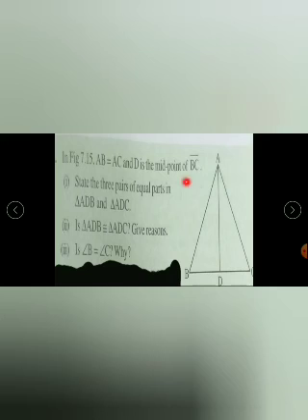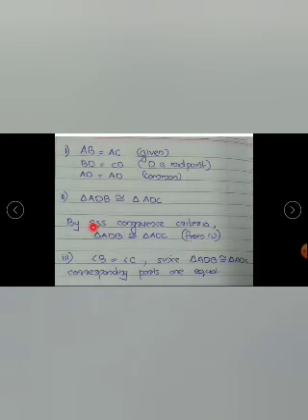Now for the first question, we identified the three equal parts, isn't it? Which are the three equal parts? They are the three sides of the triangle. These three sides we identified, they are equal. So by SSS congruence criteria, we can say these two triangles are congruent. How can we apply the SSS congruence criteria? Because these three sides are equal in these two triangles. Then we can say by SSS criteria, these two triangles are congruent.